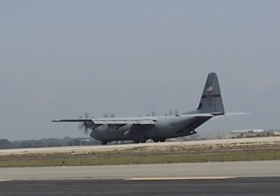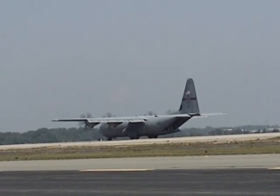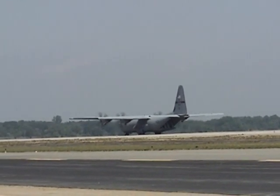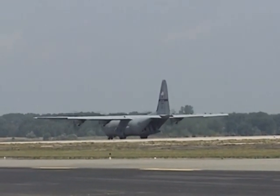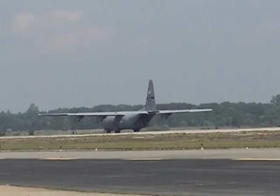The C-130 set a very unusual record way back in April of 1975. The South Vietnamese C-130 was the only flyable aircraft at Tan Son Nhut Air Base near Saigon. The pilot, Major Bong, was able to take off under fire with the C-130 containing 452